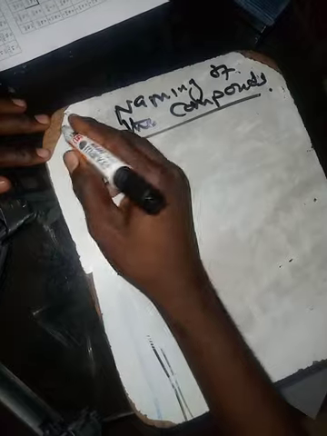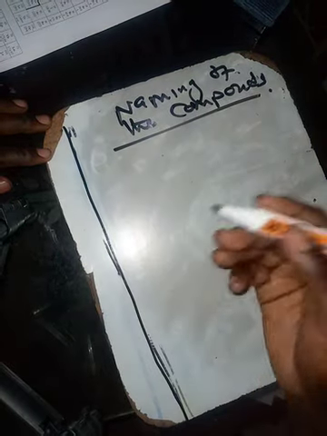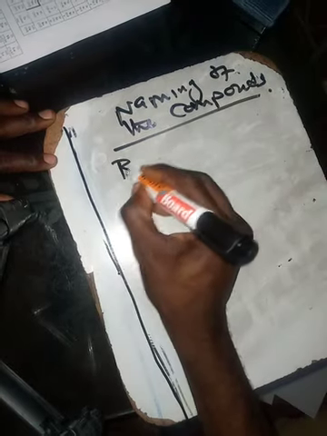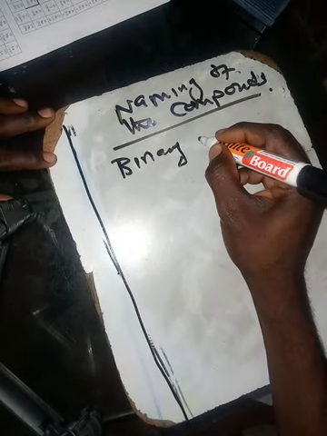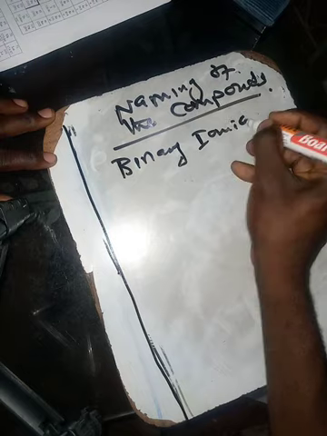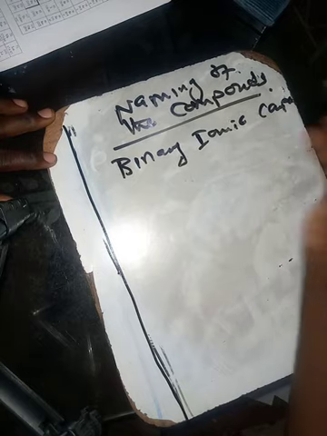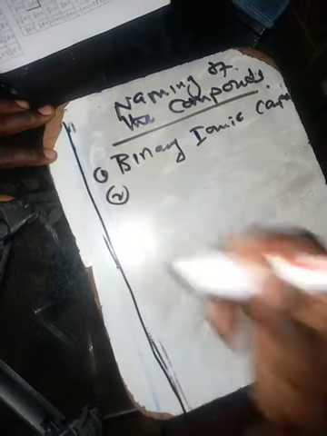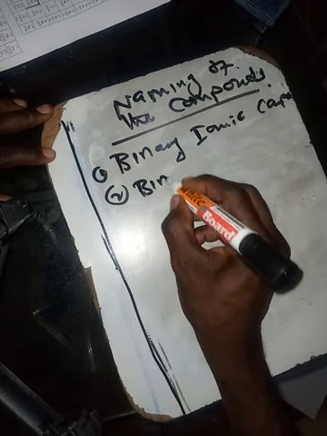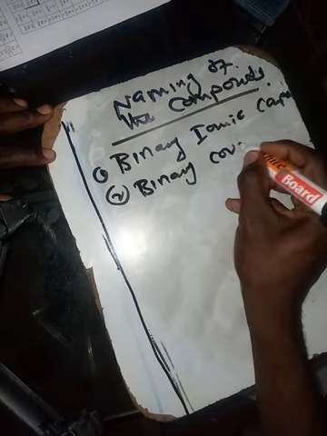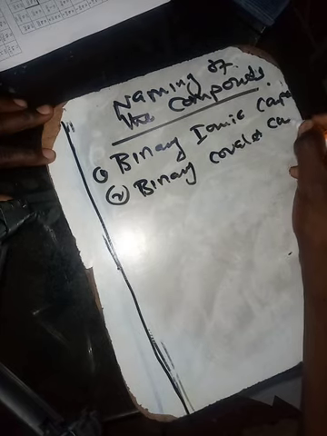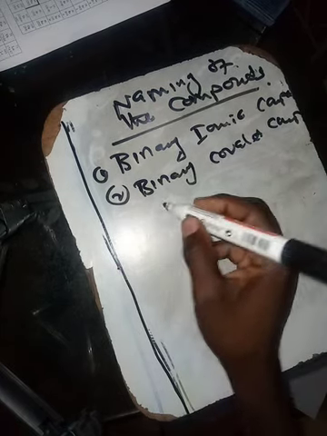All right, so naming of the compounds. When naming compounds, I will go into a little detail so that you can understand. I will divide it into different parts. I'll start with number 1, binary ionic compounds. Then number 2, I will have binary covalent compounds. Then I will have binary